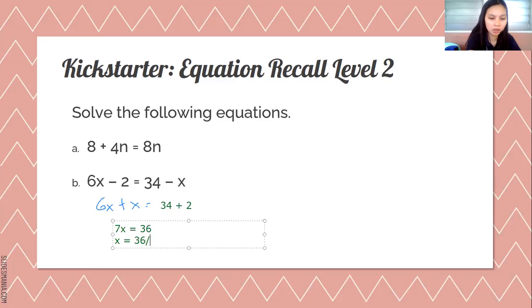Or pwede nyo pa naman siyang i-simplify. Pwede siyang gawing decimal. Okay? Kasi wala na siya, hindi nyo na siya masisimplify. Or pwede nyo siyang gawing mixed fraction po. Ayun, it's up to you. Same pa rin naman po ng equivalent yon. Okay? So, next po,